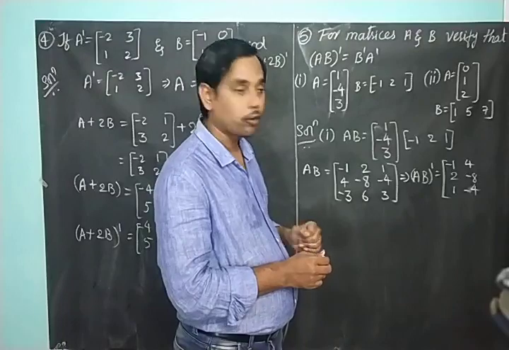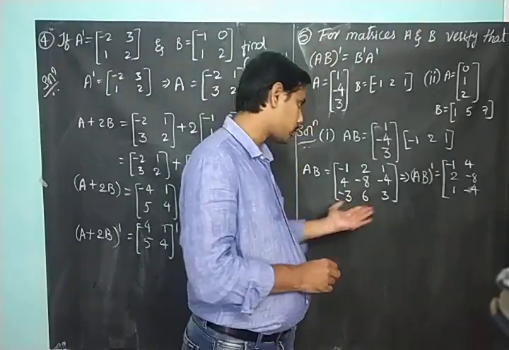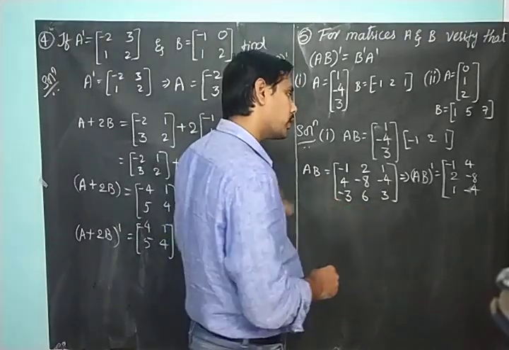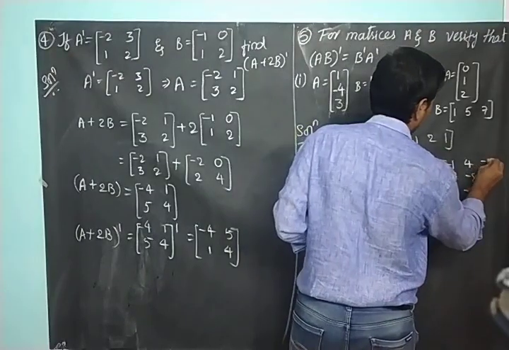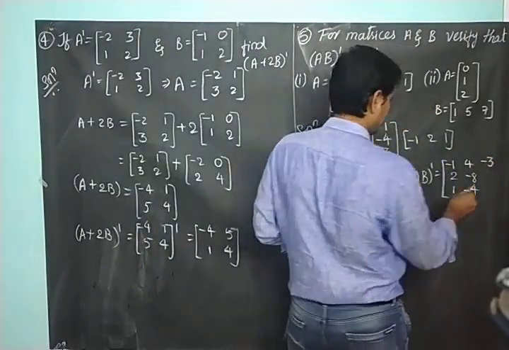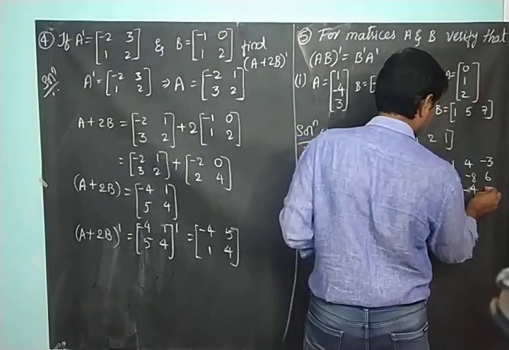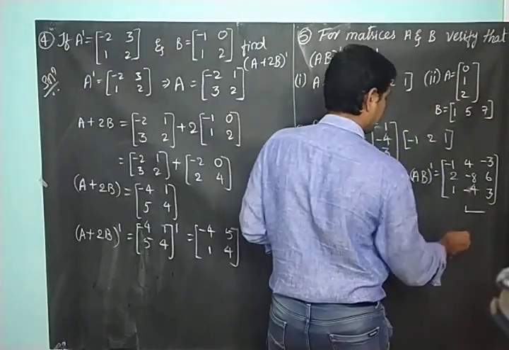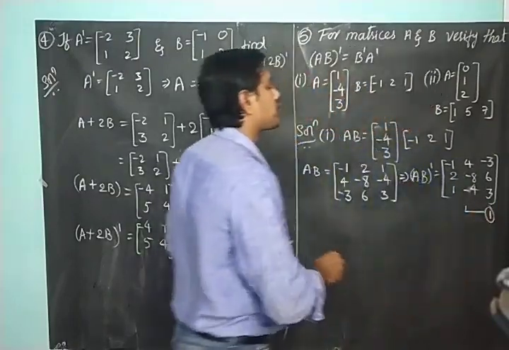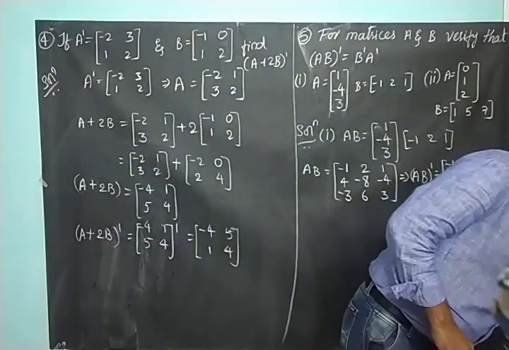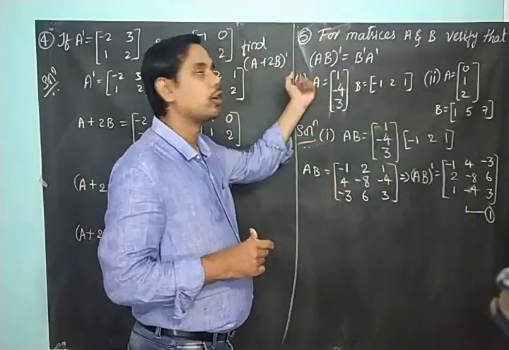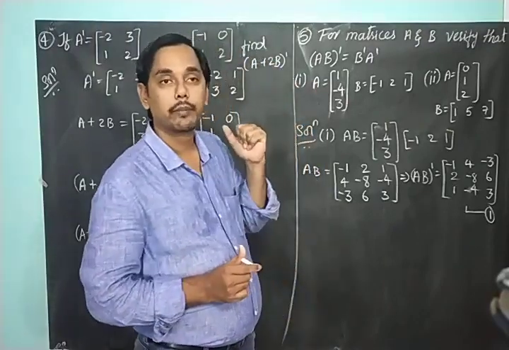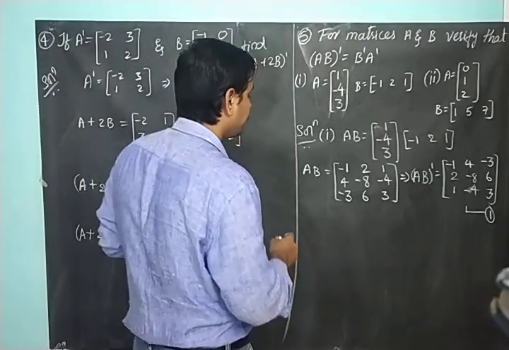What will be the value in the third column? That is nothing but the third row. The third row should be written as the third column. Minus 3, 6 and 3 is what we have in the third row. So let us write it in the third column: minus 3, 6, 3. Let us mark it as equation 1, right? So this is how we get the LHS part. A into B dash we got. Now we should prove that it is equal to B dash into A dash. Let us multiply B dash and A dash and prove it, right? So what is B dash?